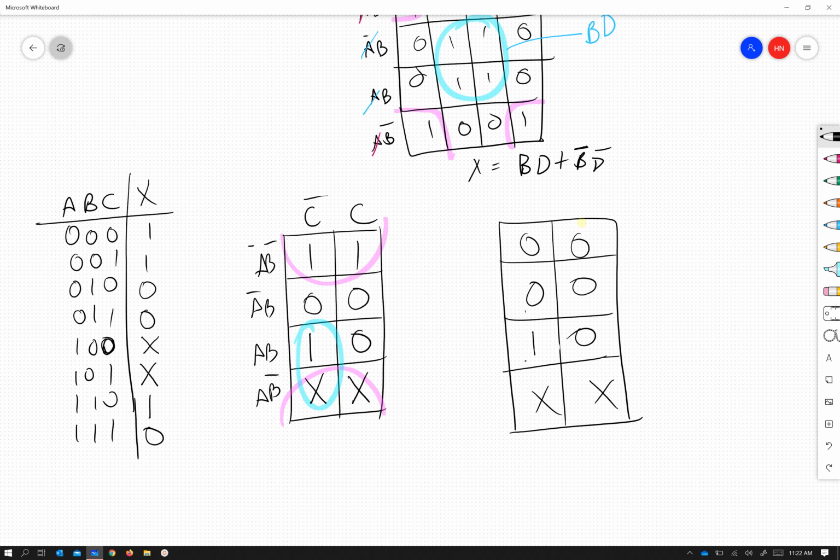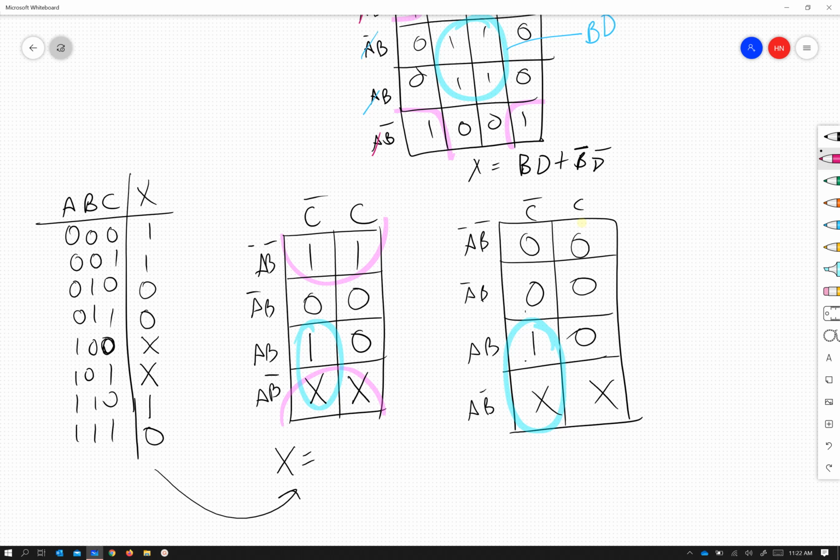So you just had that one right there instead. So if you have this situation, I would group this one like this and then ignore that X. So in the situation on the left, hold on, let me finish writing AB, AB, AB, A not B. Okay, so on the situation here, which is the one that I built the truth table for,